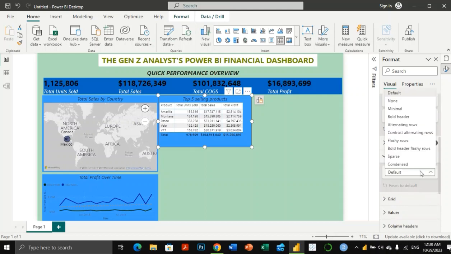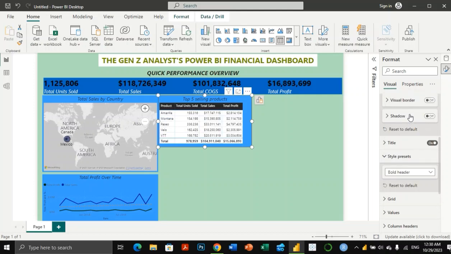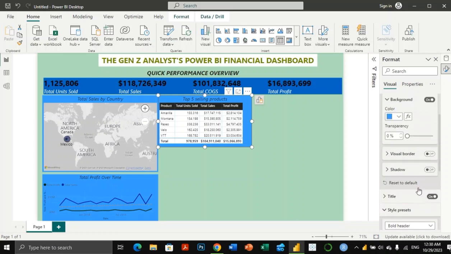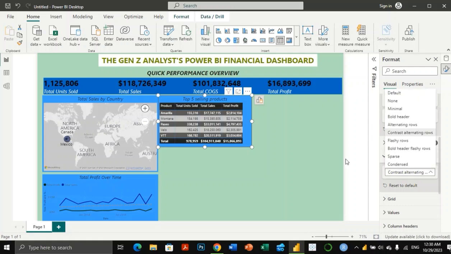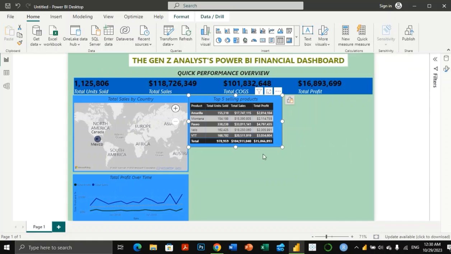So the style here, you can see bold header, which makes the header very bold. That looks a bit okay. And then you can explore other ones: condensed, bold header, flashy rows, and all the contrasting, alternating rows. You can explore all of these features. So this is what we have here, and the next one we want to build is the